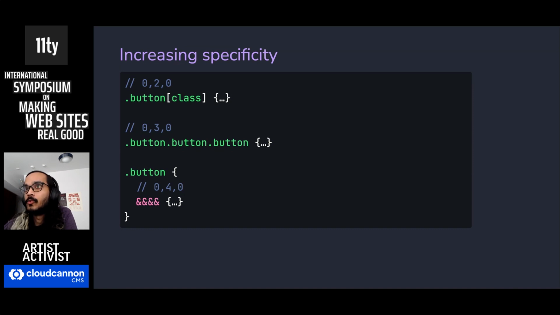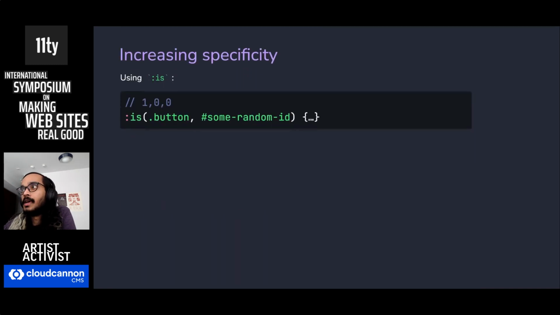This can be pretty useful when you need it, but it only increases the middle portion of the specificity. Now, this next part might kind of blow your mind, but you can use the :is pseudo-class to make a huge jump in specificity. This :is pseudo-class is interesting. It lets you group multiple selectors into a single selector, but it changes the specificity of the whole thing so that only the strongest selector in the group counts. What this means is you can have a class selector act like it has the specificity of the ID selector. And this ID selector doesn't even need to exist. It can just be there hanging by itself.